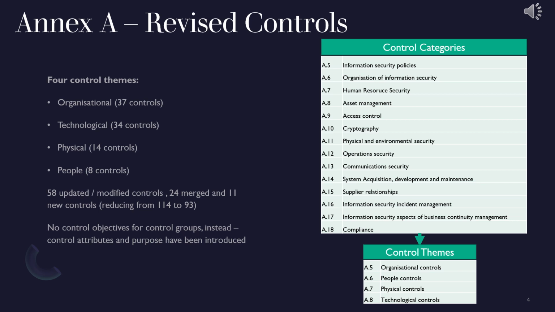The 4 control themes are organisational controls, for which there are 37, technological controls, for which there are 34, physical security controls, for which there are now 14, and lastly 8 people controls. You will notice that the objectives for control groups have been removed and instead control attributes and purpose have been introduced. The controls have been reduced from 114 down to 93, but this does now make more sense when planning